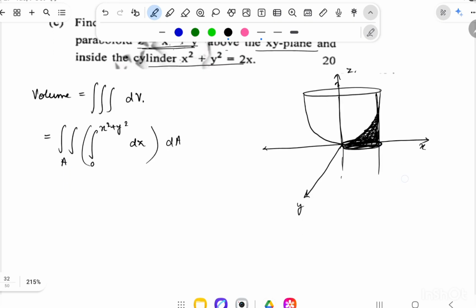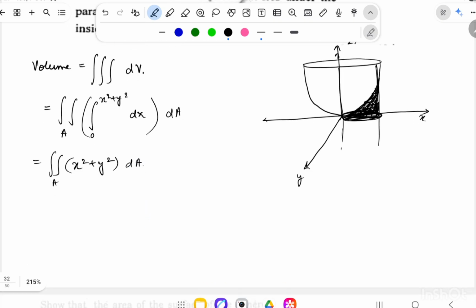So it will be equal to the double integration over A of x square plus y square into dA. Now here I can just change it into polar coordinates. So for that, let's assume that x equals r cos theta and y equals r sin theta. So from here I will get my x square plus y square as r square,